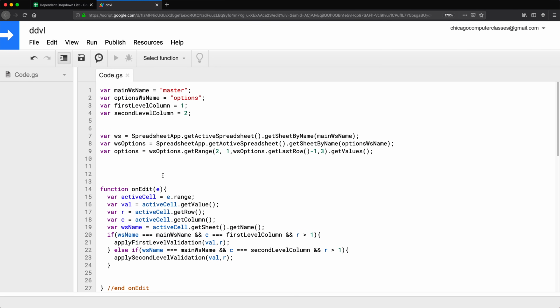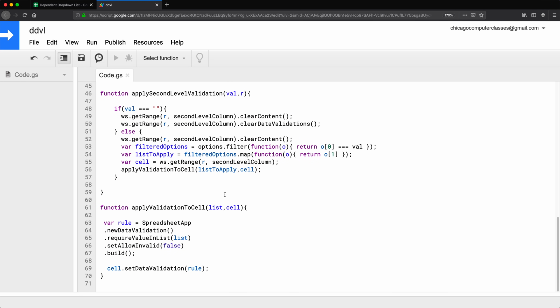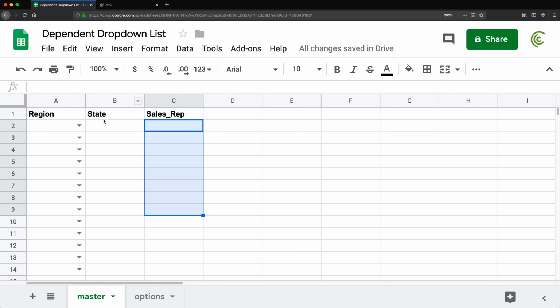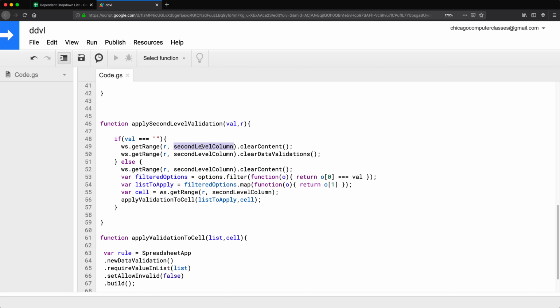And for that, that means we have to make the variable for that, var third level column, and that will be column 3. I'm gonna copy that, move down, and do my changes. So if the value is blank, which now is gonna be the value in the second column, then we wanna set that third level column. We wanna clear the contents, we wanna clear any data validation,